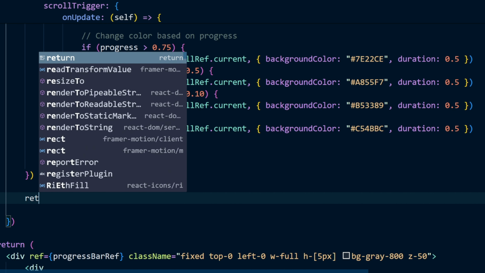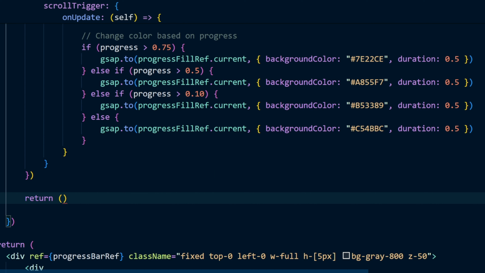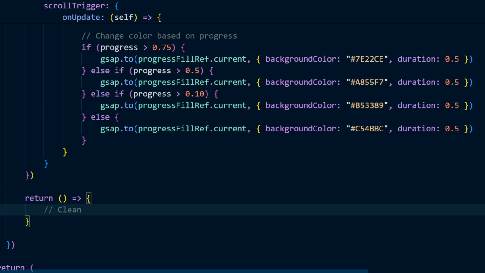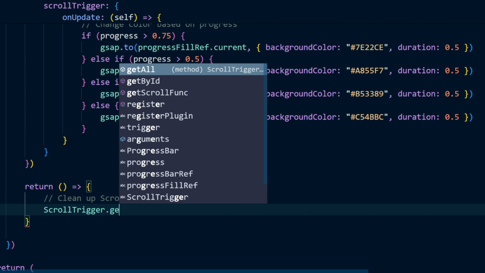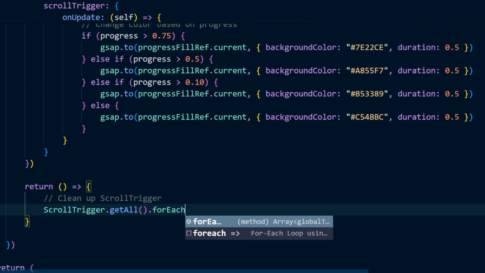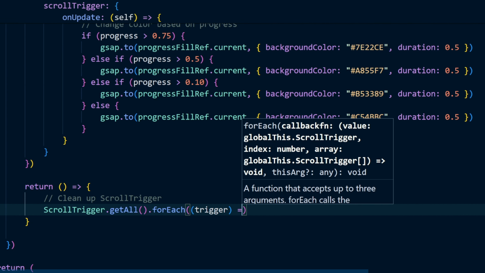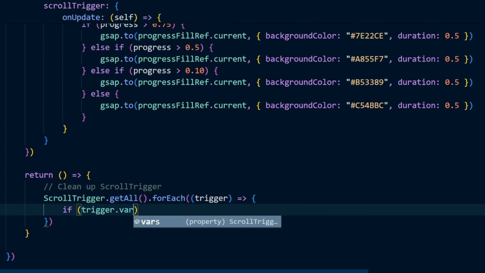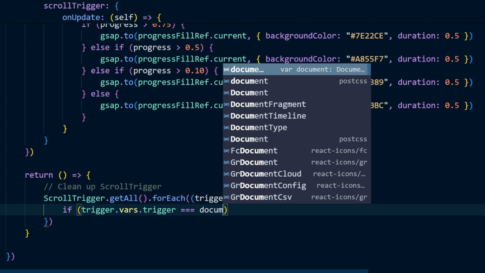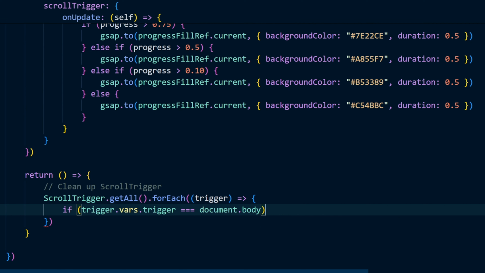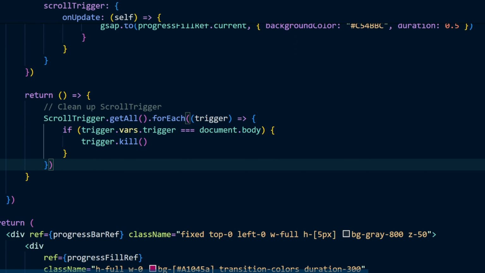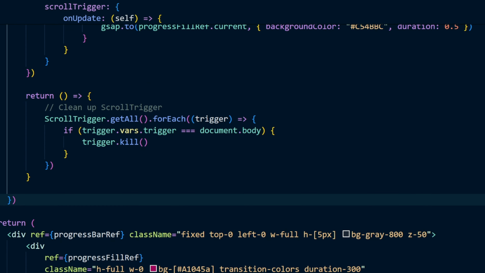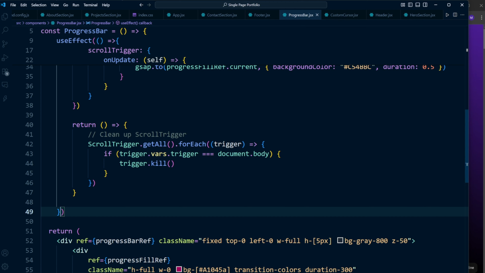At the very end of useEffect, we return a function. React calls this when the component unmounts or hot reloads in development. We fetch all active scroll triggers with ScrollTrigger.getAll. For each one, we check if its vars.trigger matches document.body. If so, we call trigger.kill, wiping out that particular instance and its internal listeners. This guarantees no orphan progress bar triggers hang around if the component is removed, keeping memory tidy and preventing duplicate